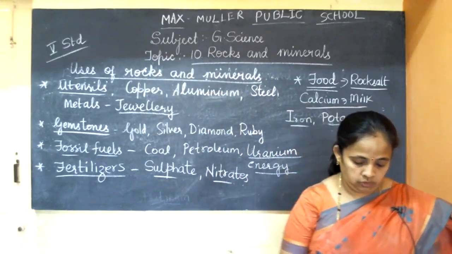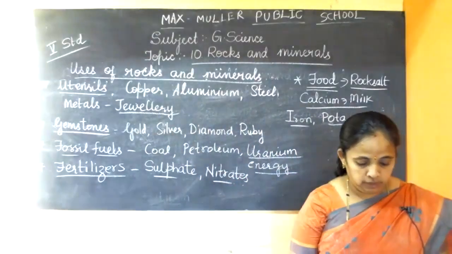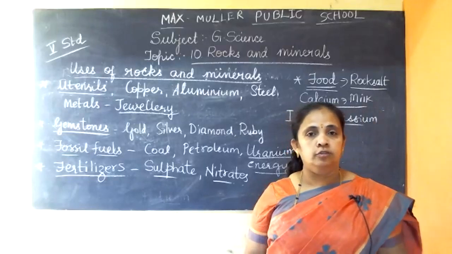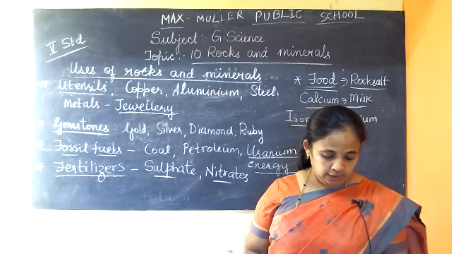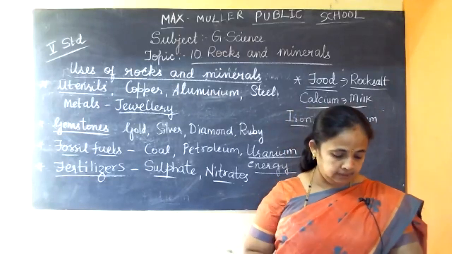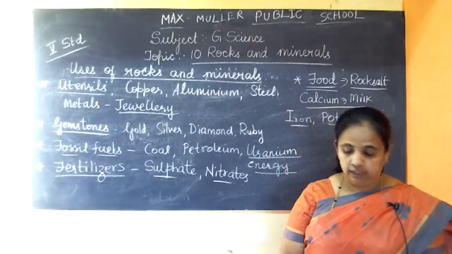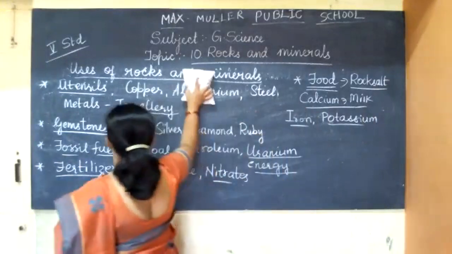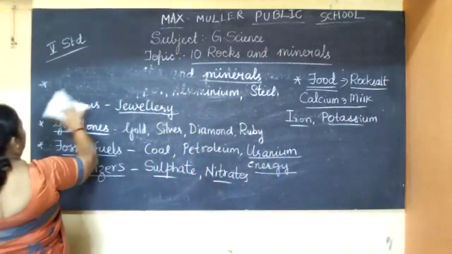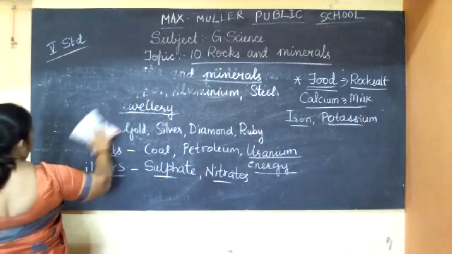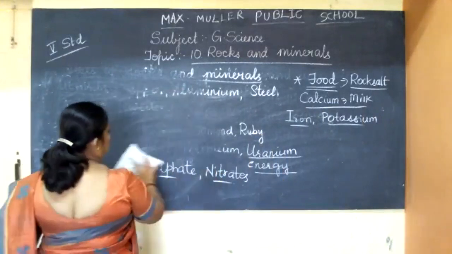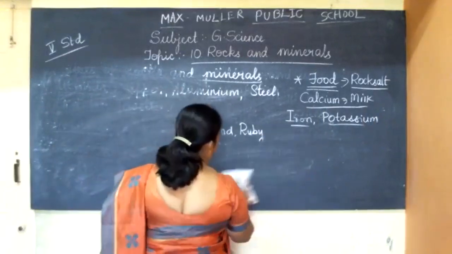Okay, children, in the next class I will be doing the textbook exercises of this lesson. So take out the textbook exercise. Now I'll give the assignment. Take out the assignment. Write down the assignment, children. Have you written the last class's assignment? The fill in the blanks I had given. Is it not? Yes. Okay.